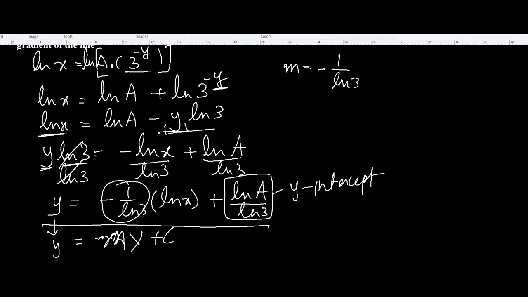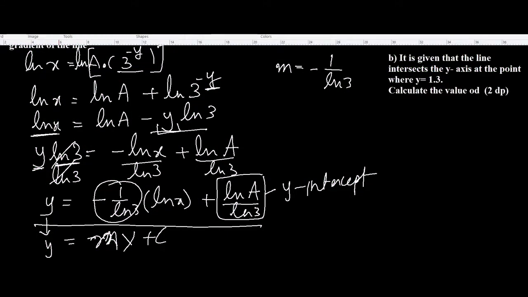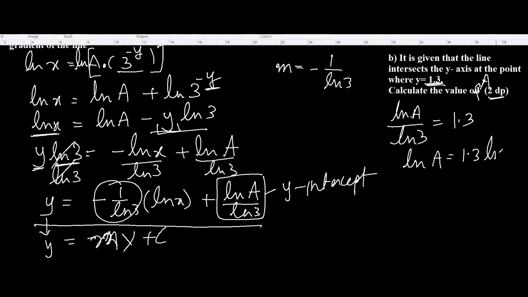Now the b part. In B part, they're saying that this particular graph will intersect y-axis at 1.3. That means there is y-intercept. Find the value of A to 2 decimal places. This is what they're saying. So basically y-intercept ln A over ln 3 is 1.3. So ln A becomes 1.3 ln 3